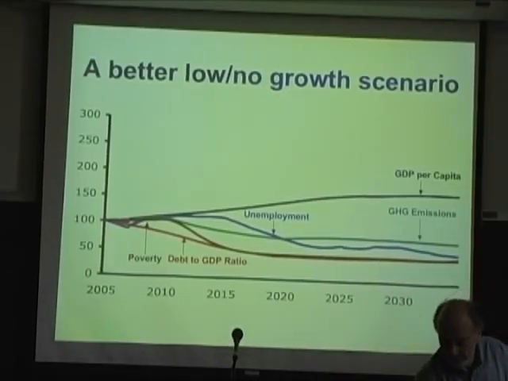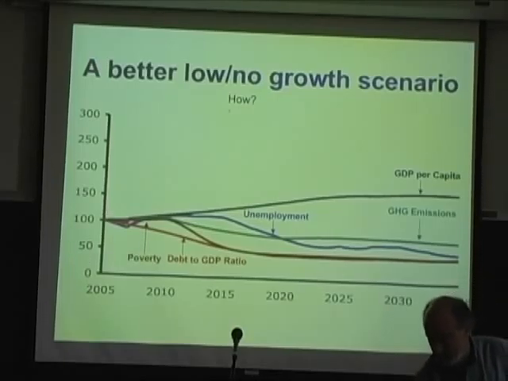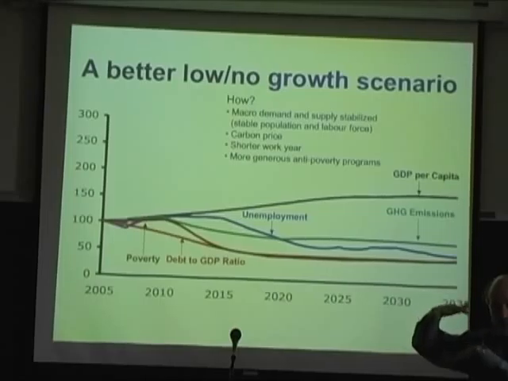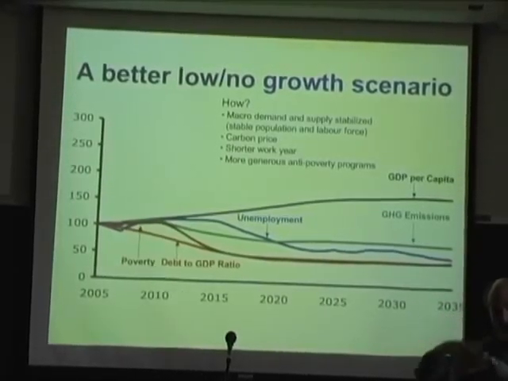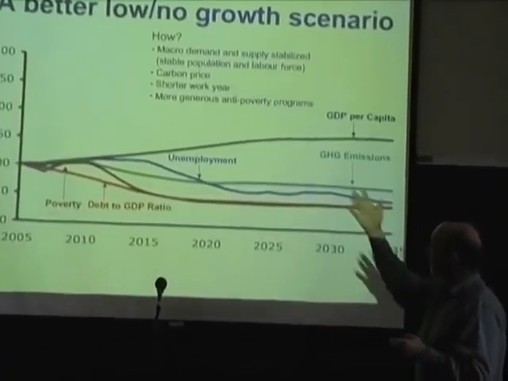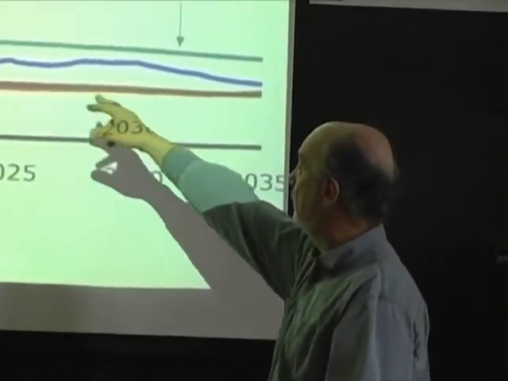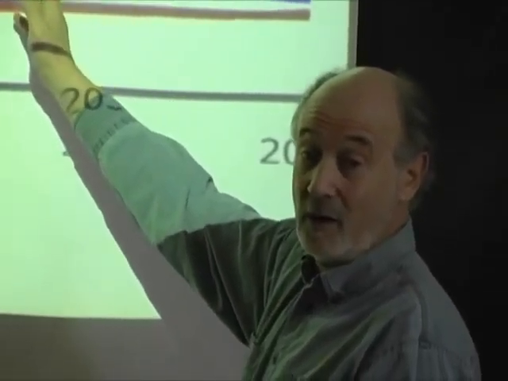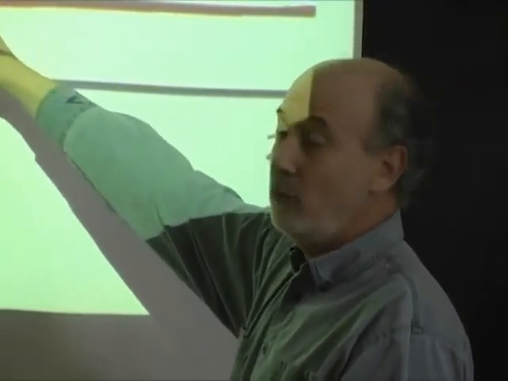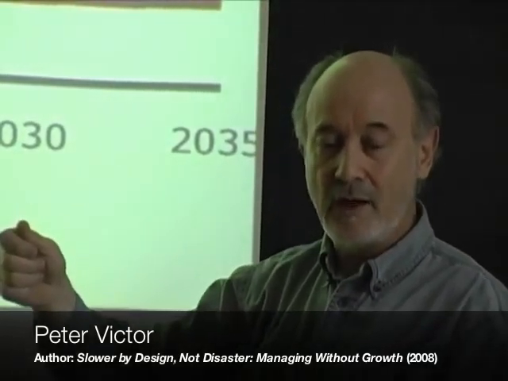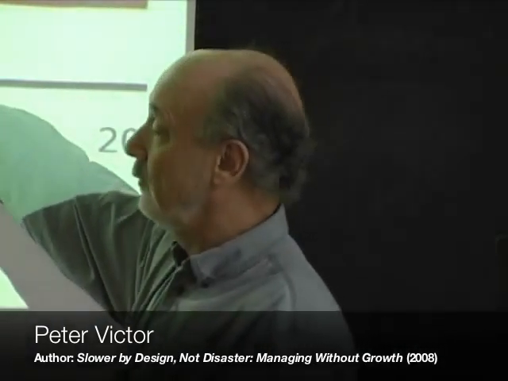How does that happen? Well, it's a big story, but just to sketch out the answer, you always have to think about how you're going to manage macro demand and macro supply, the two things that come together to determine things like employment levels and capacity utilization. So the model works out how to do that. The carbon price that I put in the model is useful for bringing down greenhouse gas emissions. You've got to have a carbon price, I think, to do that well. A shorter work week plays a key role in bringing the unemployment rate down, along with more generous anti-poverty programs. That's trying to deal with adult illiteracy and with longevity after 62, two of the things that are in the human poverty index.